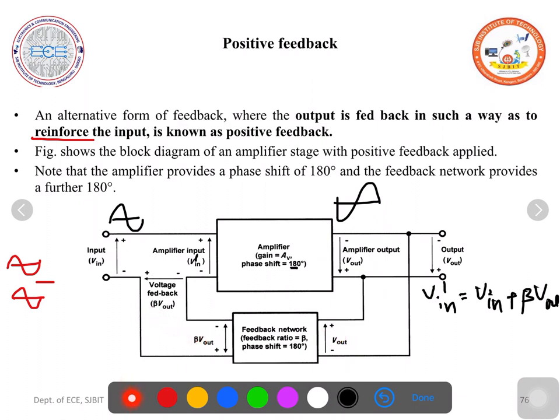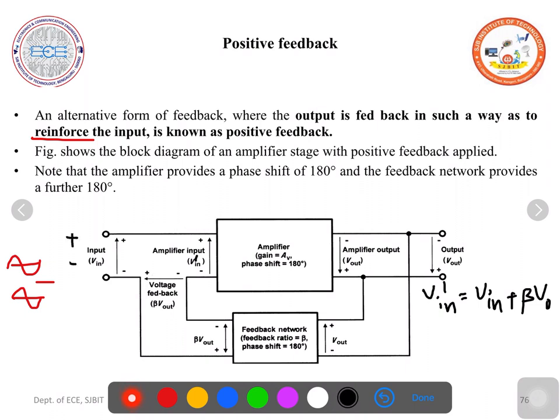So what you can see here is a signal which is of the same phase. So they add to each other. So input voltage V in dash is nothing but the sum of the input voltage and the feedback voltage, or you apply Kirchhoff's voltage law. If you apply Kirchhoff's voltage law, this V in dash is equal to, here minus plus minus plus, so the sum of these two voltages,